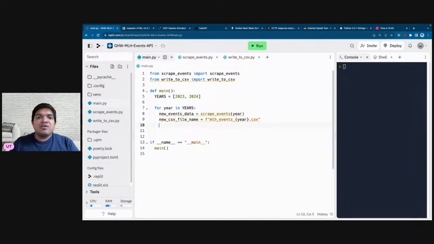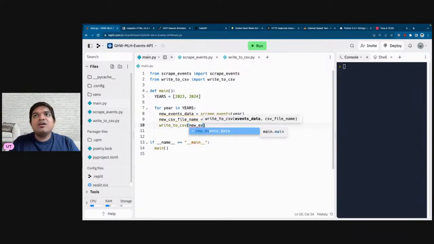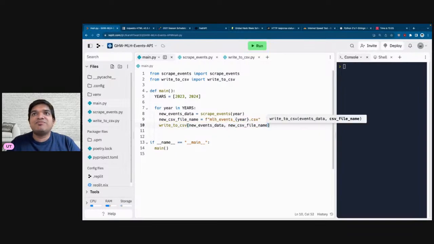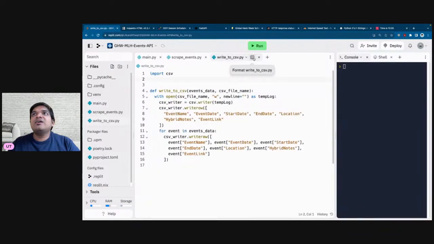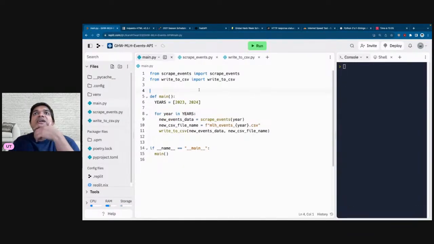And then we are going to call the write to CSV function that we have written, and that will take the new events data. We are going to pass that, and we are also going to pass the new CSV file name. Let's format it, and I hope this works. So I'm going to run this. We have 2 years, 23 and 24. So if I run this,